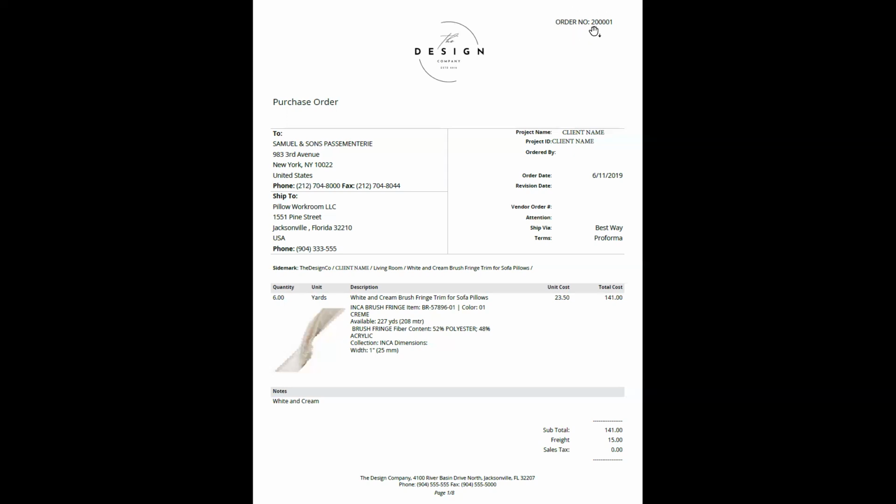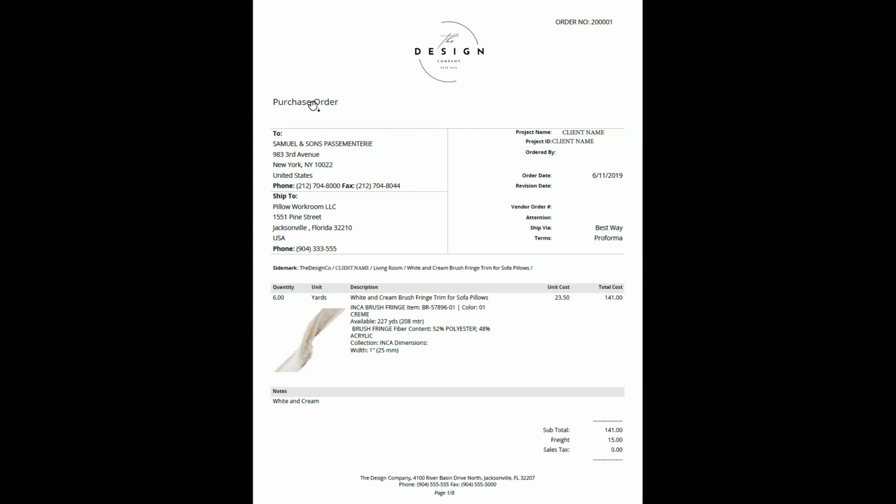And the designer is going to say, it's purchase order number 200001. And then, for example, if Samuel and Sons has many purchase orders from this design company, they will be able to figure out which one specifically is in question. So once again, this order number is really important, generated by the designer, used to reference anything related to the purchase of this product.